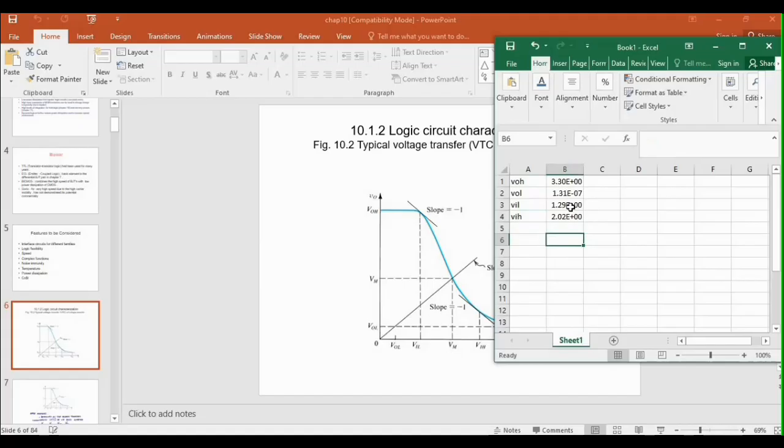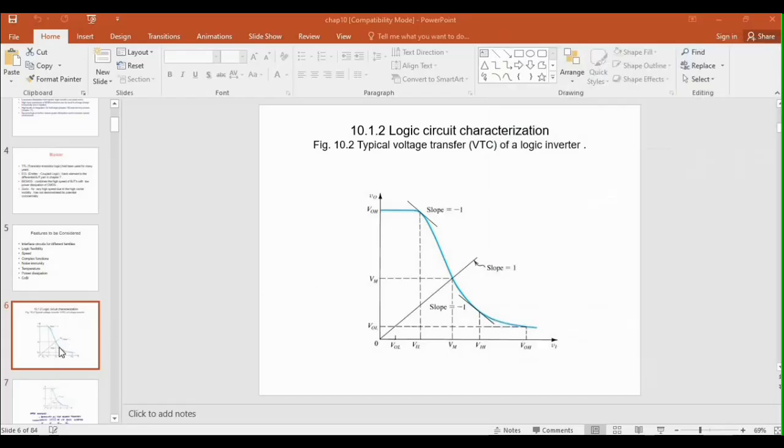So we now have the values for VOH, VOL, VIL, and VIH. We can now compute for the noise margin using the equations that you can see later on. For the next slide, I'm going to show the formula for NMH and NML, that would be for the noise margin high and noise margin low.